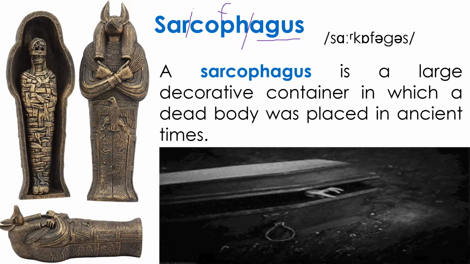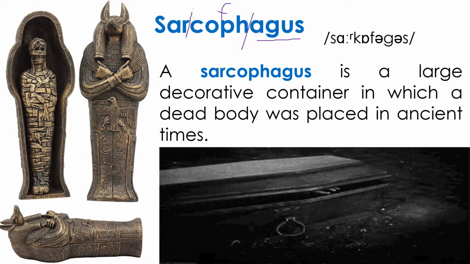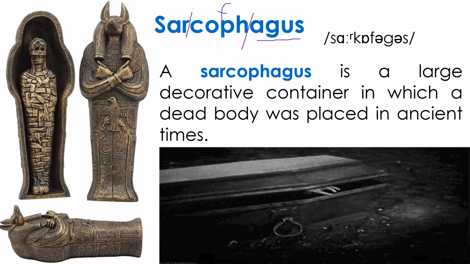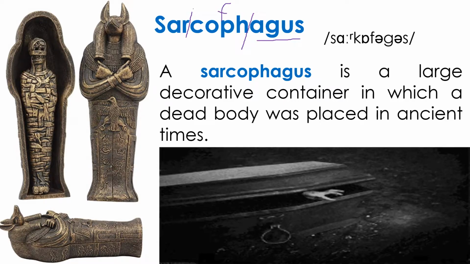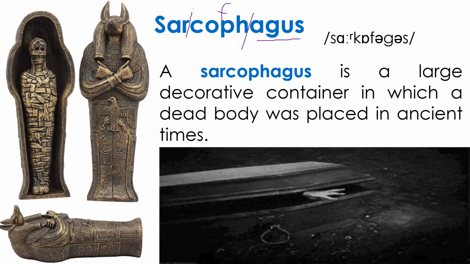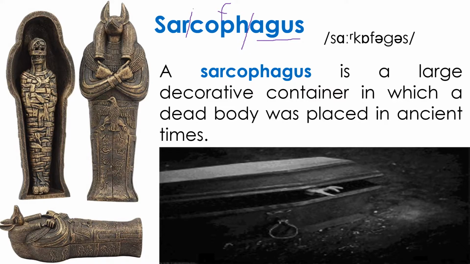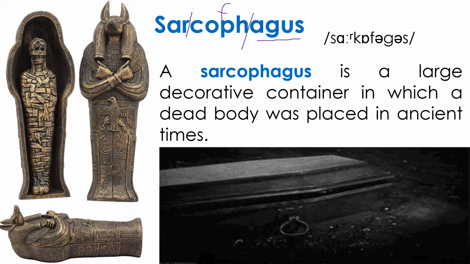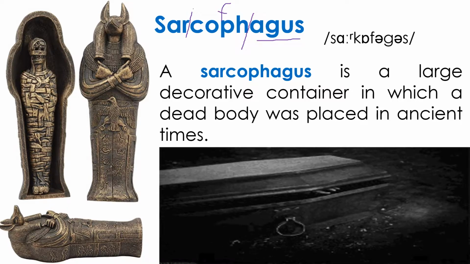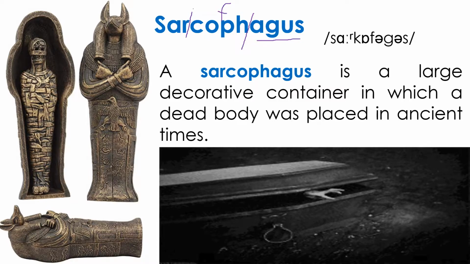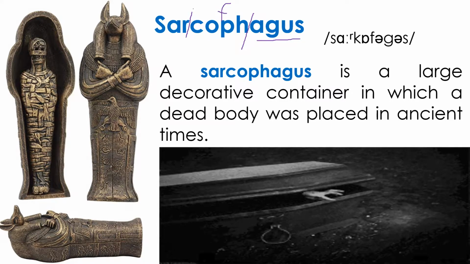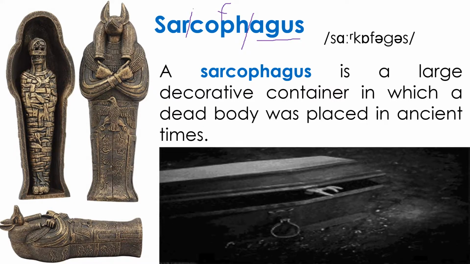Alright, if you can't say sarcophagus, you can say it from the right. Guess, even if you start with some letters like guess, agus, phagus, cophagus, sarcophagus. So you need to divide the word into syllables, and after that you start reading every syllable. You can read from the left, or you can build the word from the right. Of course, we are not gonna read it from the right, but you build it from the right, just to